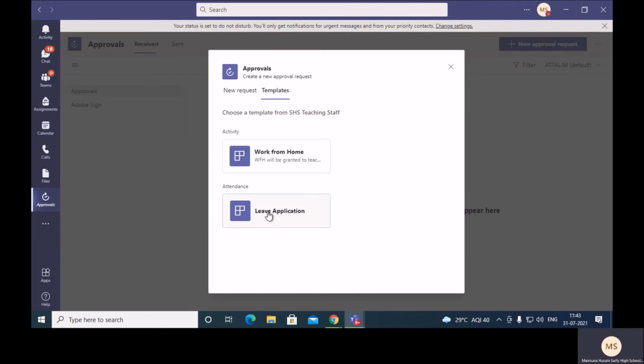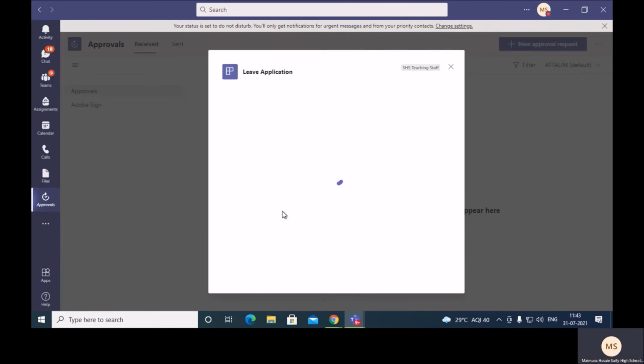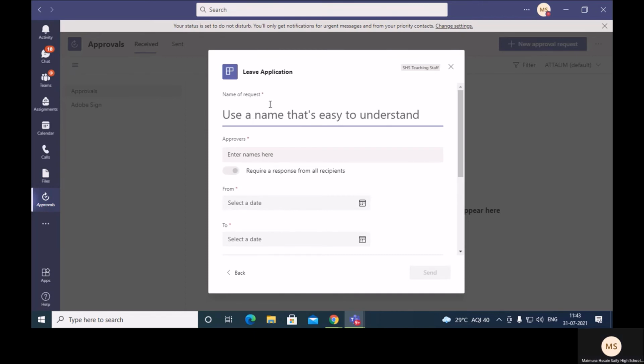We come back to the second part of the approvals, that is leave application. Once we click on leave application, the details has to be filled. Again, this is for the name of the teacher. This also remains same, approvals.